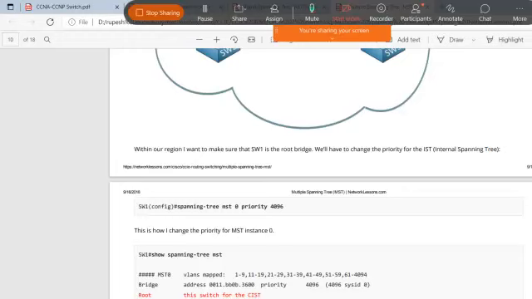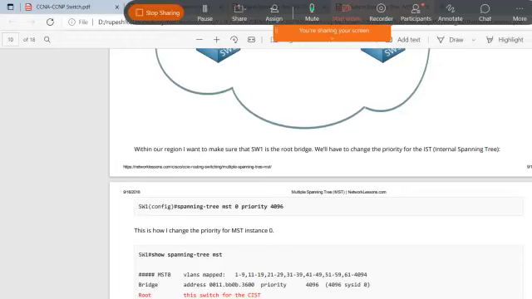Meaning if I have to create multiple VLANs on the switch, we have to create multiple instances for that. But inside MST, we can create multiple VLANs in one instance, and we are also able to create multiple instances.